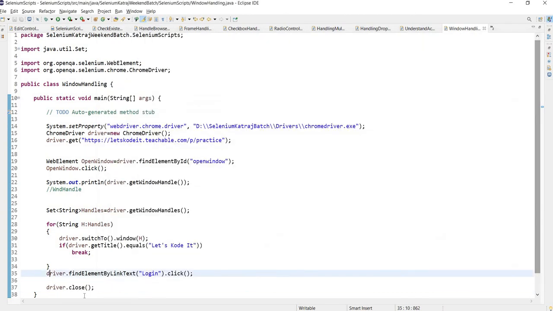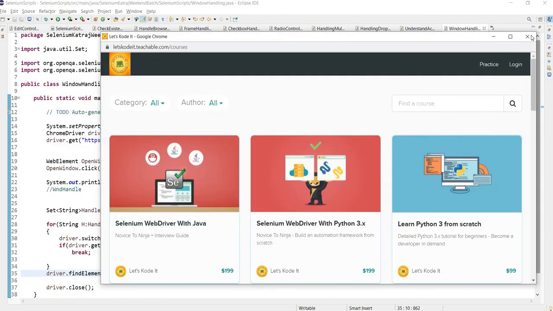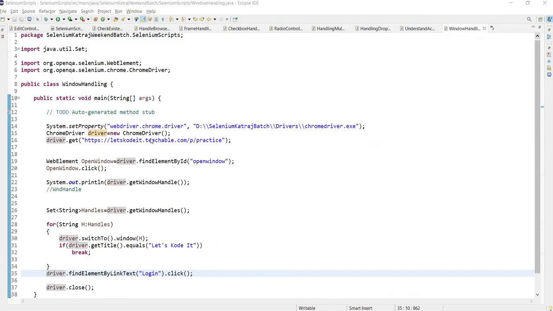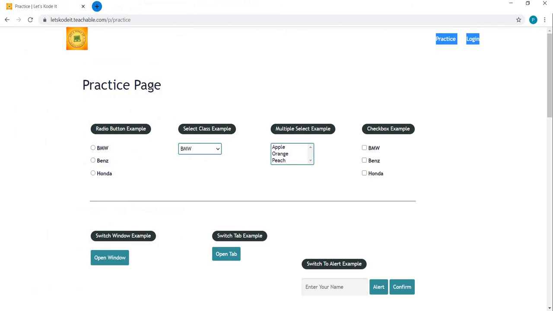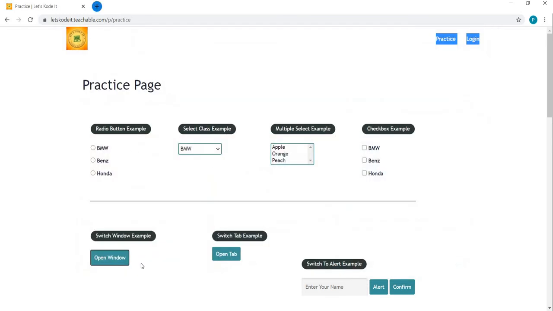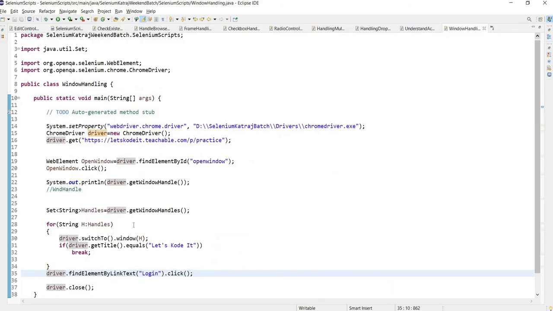Now let's say after you close this window, you want the driver to switch back to the original window again. You want to work like in a flow of an application. You are working on this window, then you clicked on this, then the new window got opened, you worked on this window, you closed it. Now again in a flow you want to continue from the original page. But the driver has lost its handle, right? When you gave the driver the handle of a new window, it lost the old one.